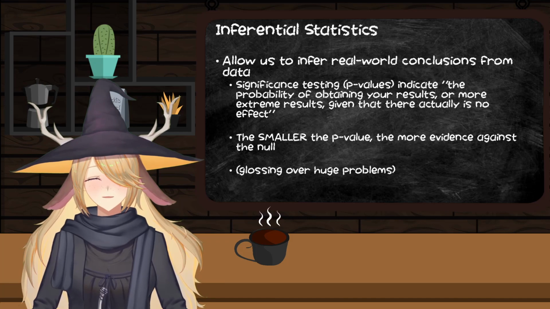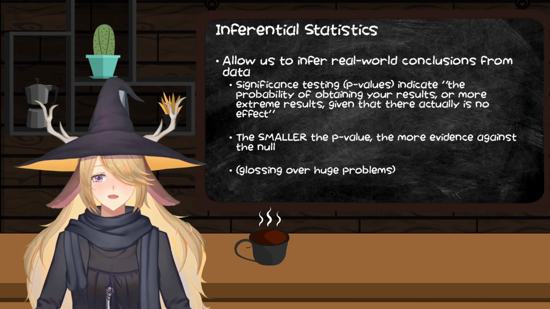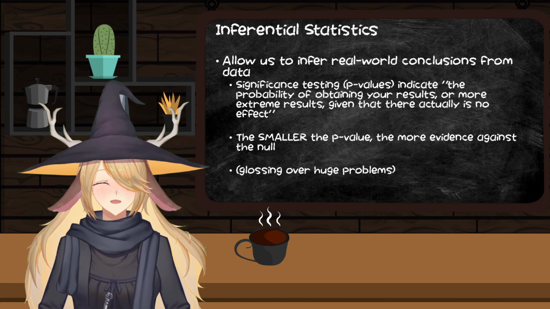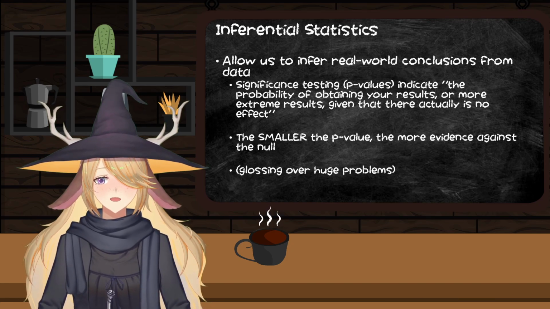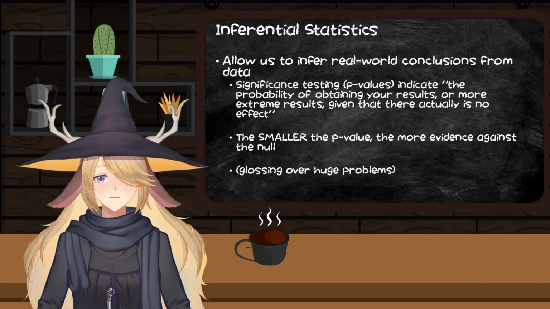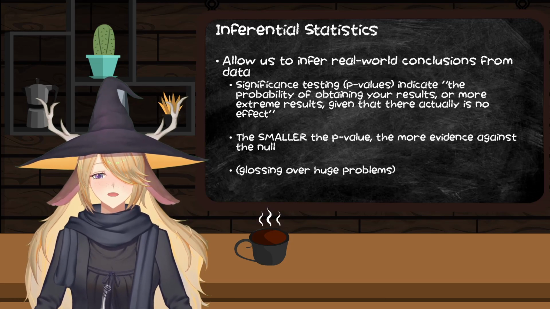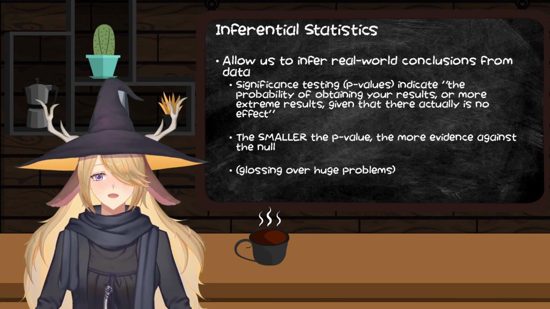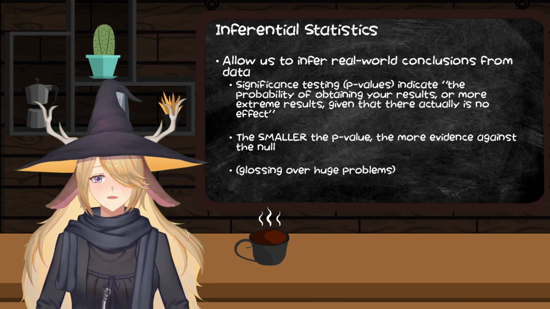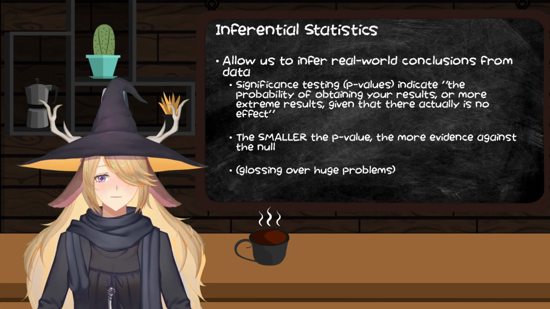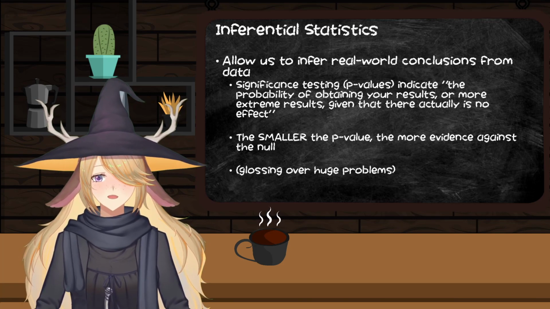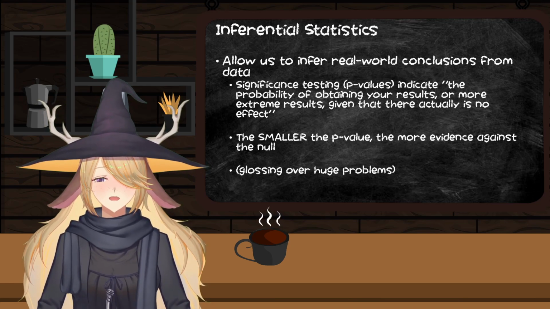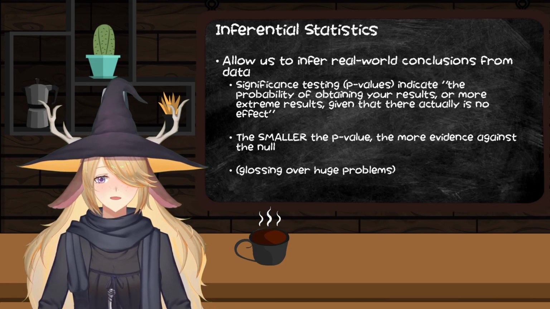Now, inferential statistics. Remember, in this case, the example I'm going to go for here is that we've got a set of descriptive statistics that are just the numbers. In this case, let's say it's the numbers that Twitch is sending me after I stream. If we go to the inferential statistics, let's say, how do I use those to try to infer conclusions about the real world? So I might take that data and look at the accumulation of all my streams and look at the kind of games that I play.